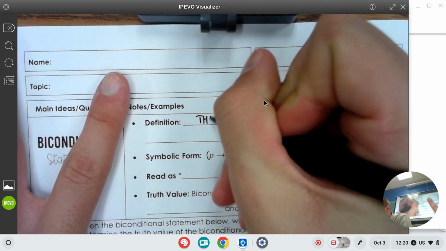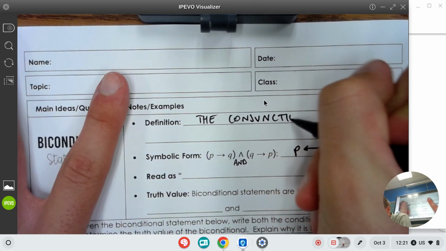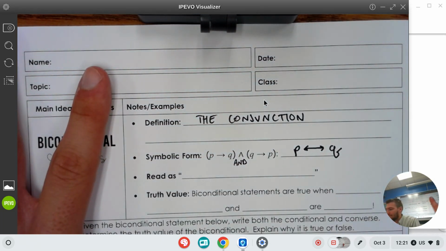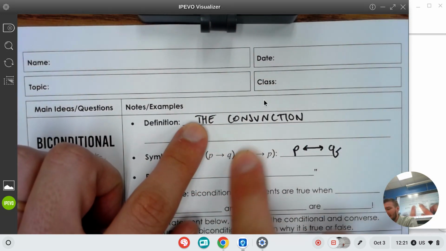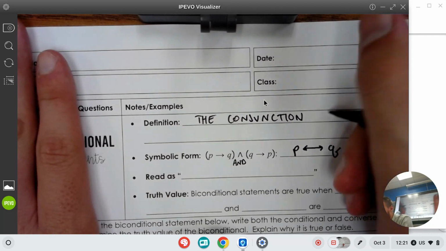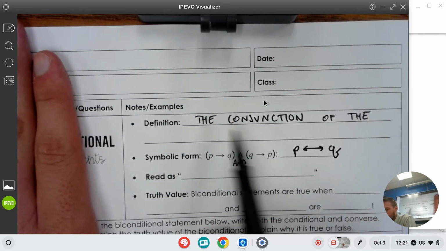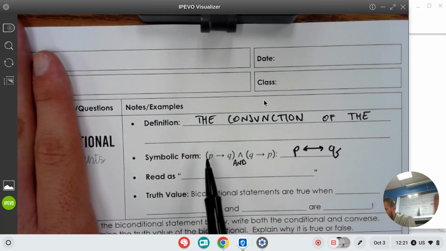The definition is the conjunction, all right? And that literally just means the AND symbol. Conjunction is just talking about the AND symbol of the, so we've got the AND symbol of the P implies